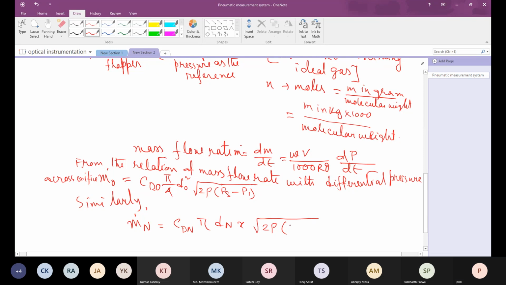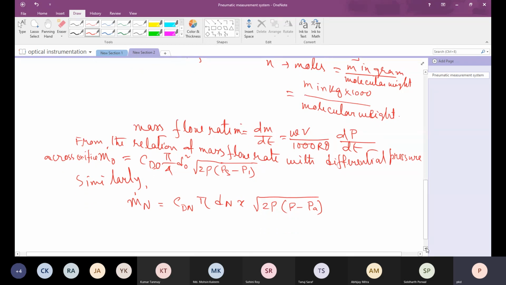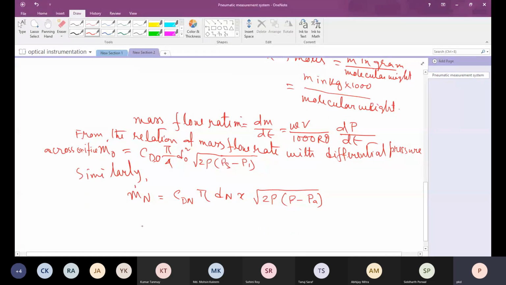Here we have P as the input and atmospheric pressure PA is the output. So if we assume to be gauge pressure,